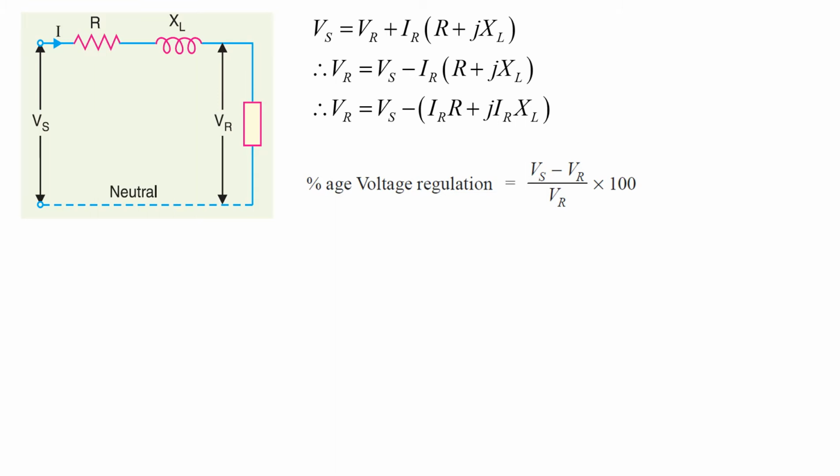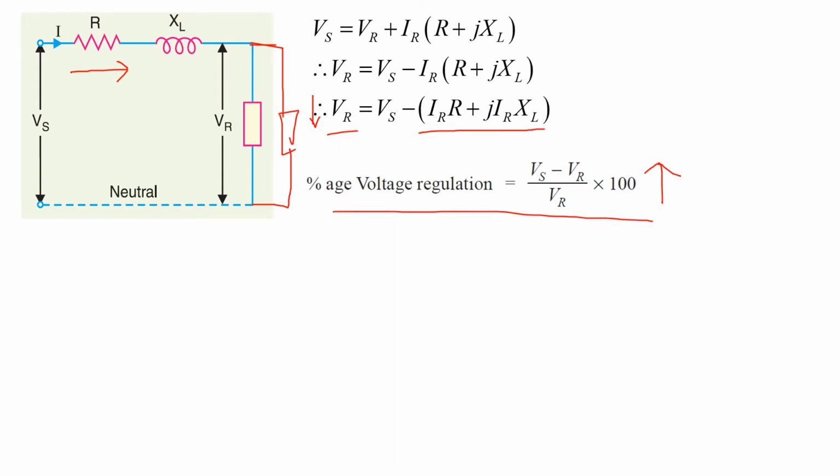As the load is increased, suppose you consider one more load in parallel with this load, I am drawing one more load here in parallel to the existing load. That means these loads are in parallel, so the equivalent impedance of the load will decrease, and that's why it will draw more current. If the current drawn through the line is more, then this drop will be more, and in that case this VR will also decrease. If this VR decreases, then you can see that voltage regulation goes high.